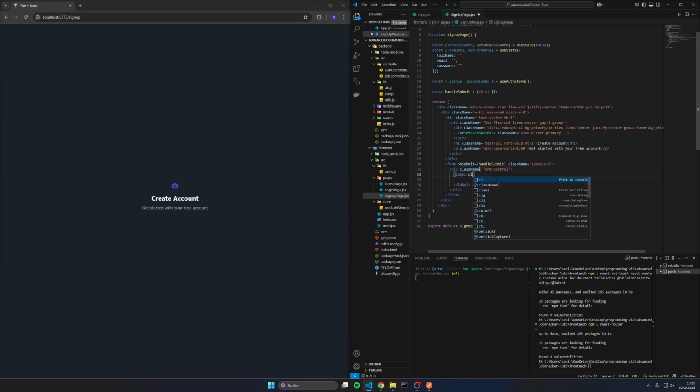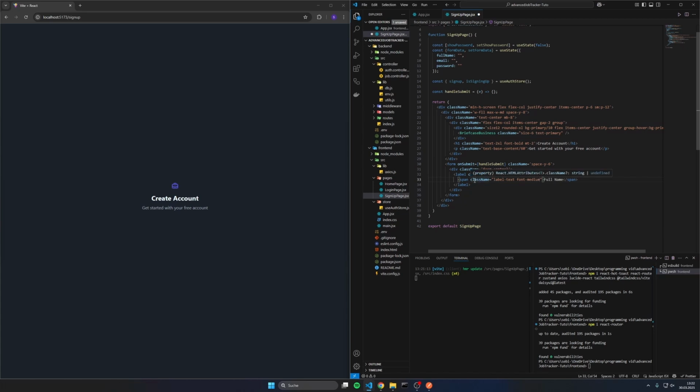It has the class name label, also from base UI. Then inside of this label there's a span element, which says full name, and the span element also has a class name called label-text font-medium,